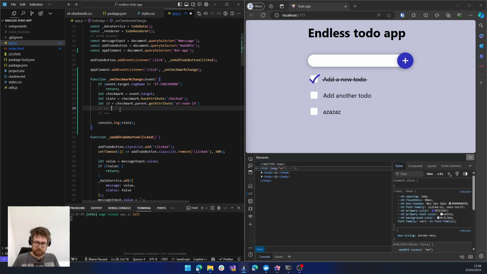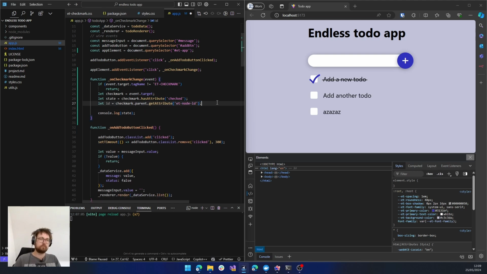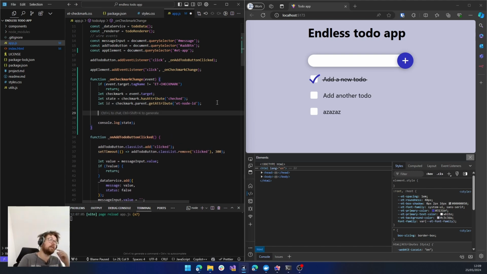This means that 1 is the same as 1, and this means that 1 is not the same as 1. So if you use 2 equal signs, it actually parses and checks that. If you do 3 equal signs, it doesn't do that, but in this case we can use this. So we have our ID,